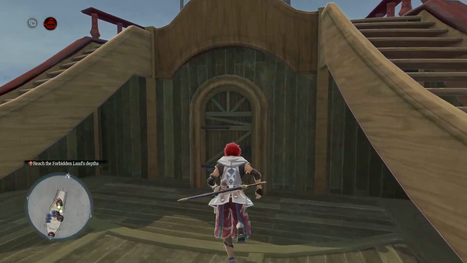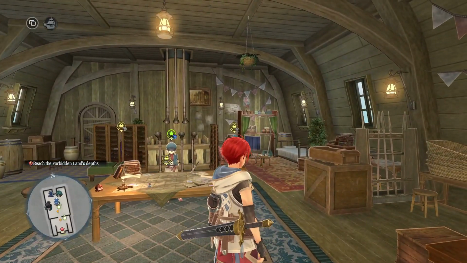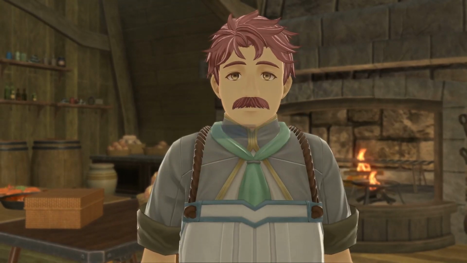The Sandras, that's the name of the ship, is your home away from home. As you rescue and find people around the seas you navigate, you get to recruit them, and each of them will help you with something, from making meals that gives you buffs,